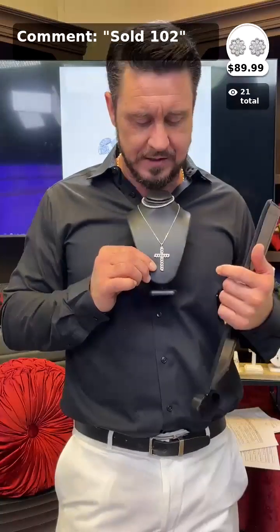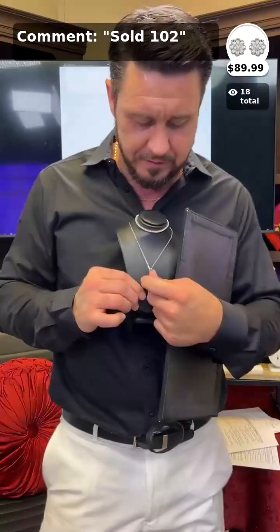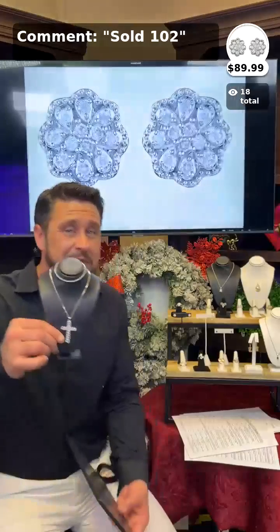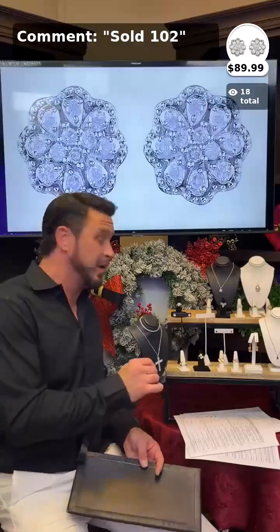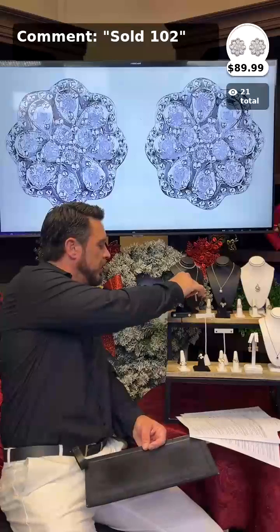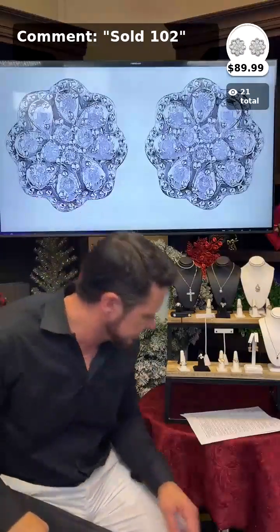With the length and the width, I think it's ideal. And again, I love the fact that if you don't want to be quite as flashy, you just sort of flip it around. You just have a nice high polish. Absolutely beautiful. To be able to get 25 points of diamonds in precious metal for under $200, $300 is a gift. Take advantage of it, folks. I hope you do. So that was sold 101. Next item is sold